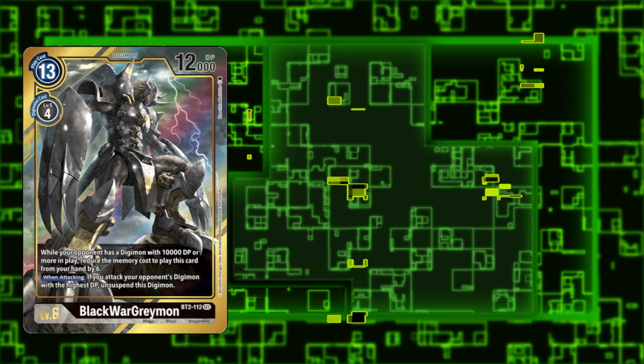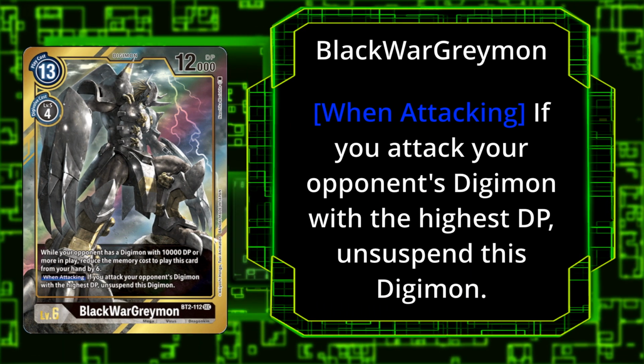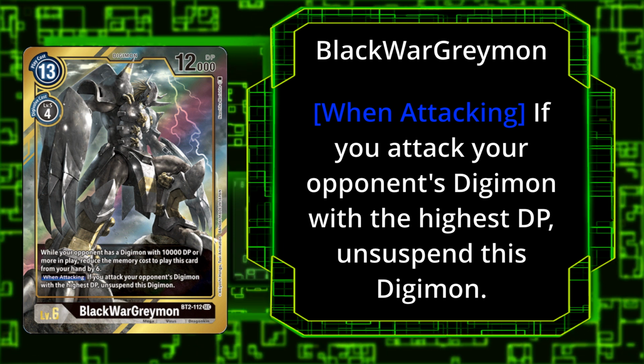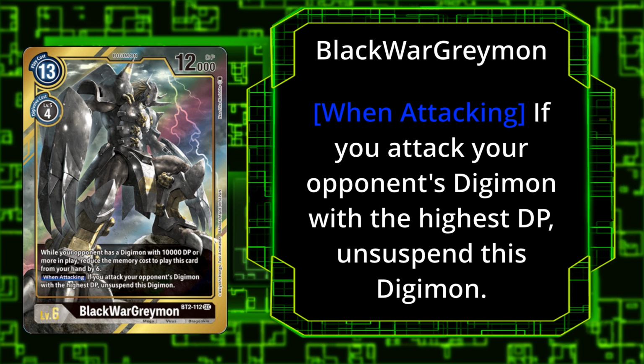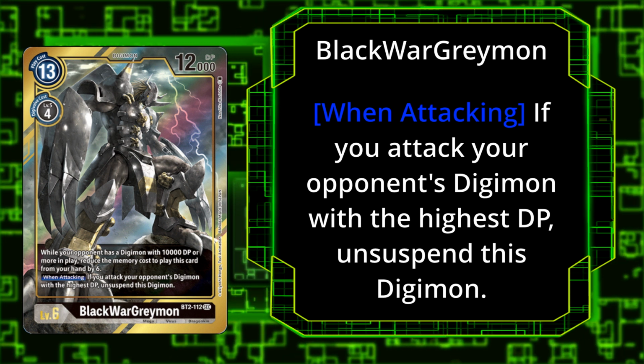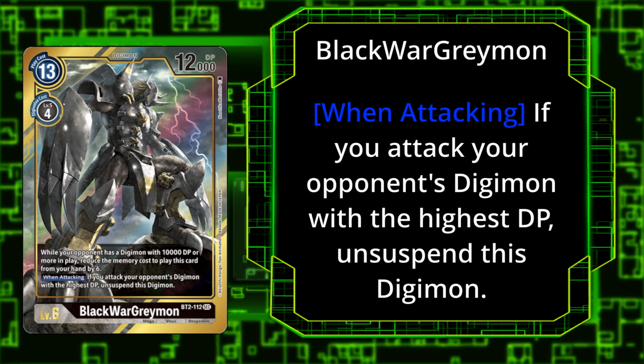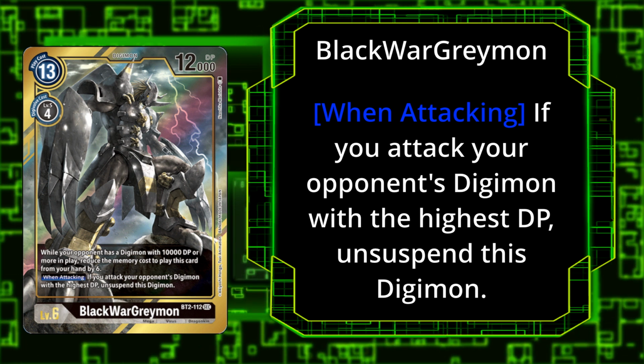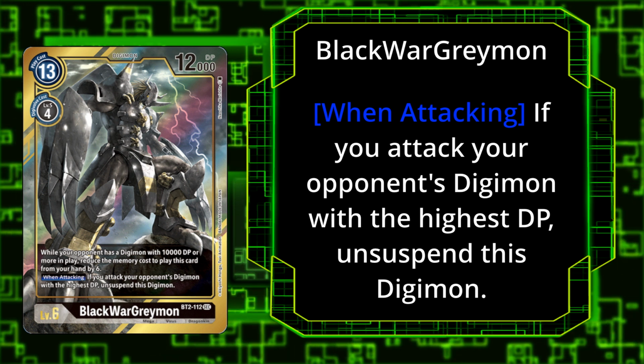BT2 BlackWarGreymon has the, up until now, almost useless skill of being able to unsuspend itself if it attacks your opponent's strongest Digimon. Since that would require your opponent to have suspended their strongest Digimon, which does happen a lot, it doesn't make it a really strong skill until you pair it with Green Deck's ability to suspend your opponent's